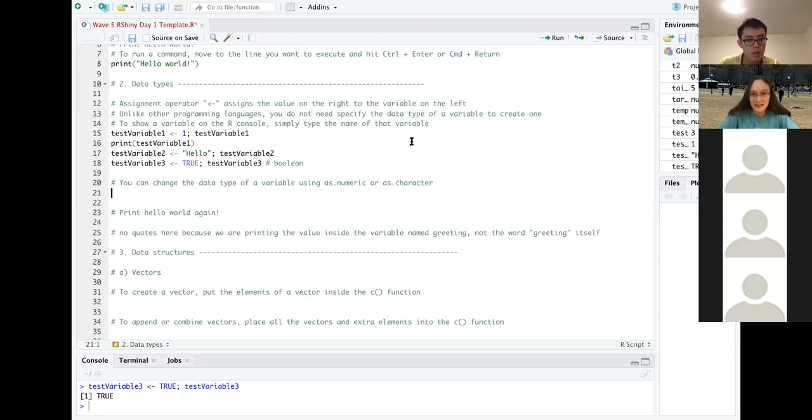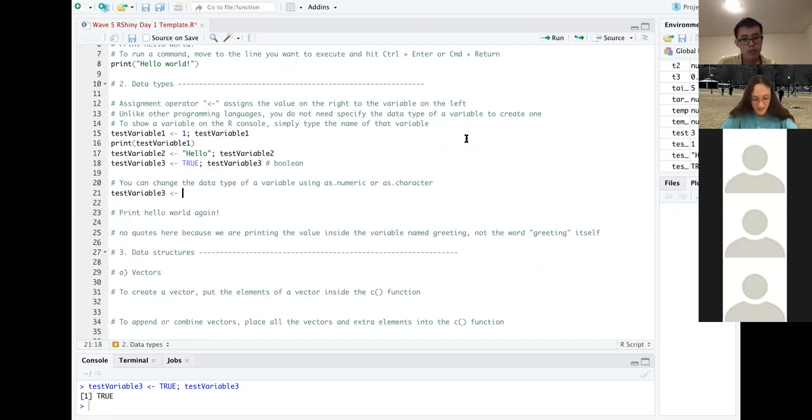Now here is where variables in coding differ from variables in math. It's 2 things. One basic thing is that you can change the value of a variable. So for example, let's say test variable 3.